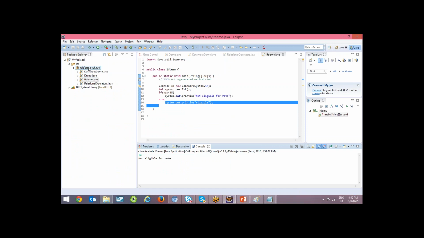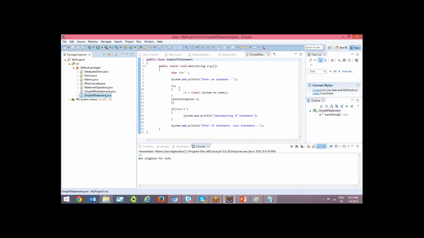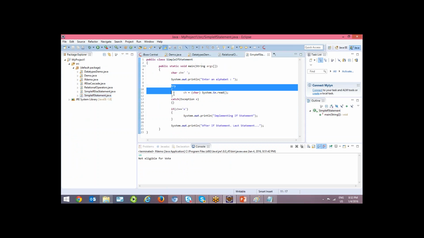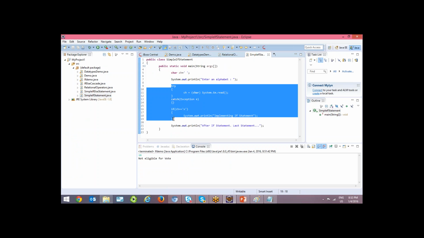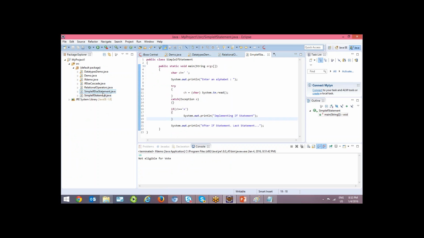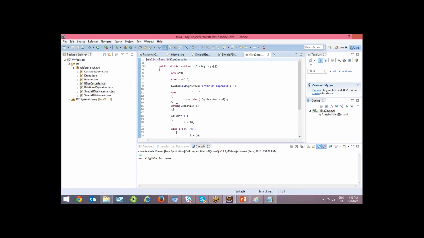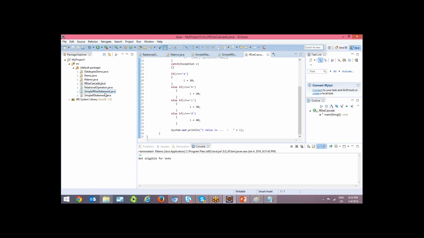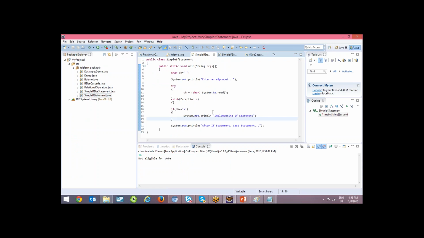Even when you are practicing, go through the logic and you can do it like this. If statement, if you go here. Anywhere you find this try catch kind of logic, you just ignore it, because that will be covered in the exception handling part. Everywhere it is there, so you don't get any confusion. You just ignore this try catch part.